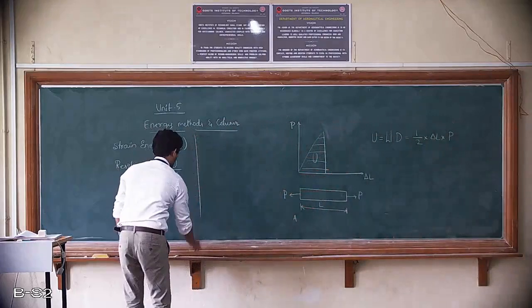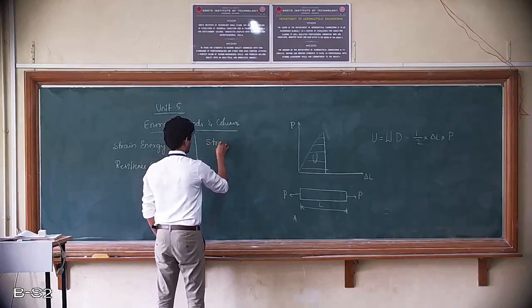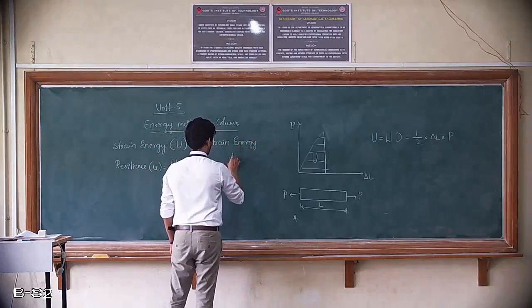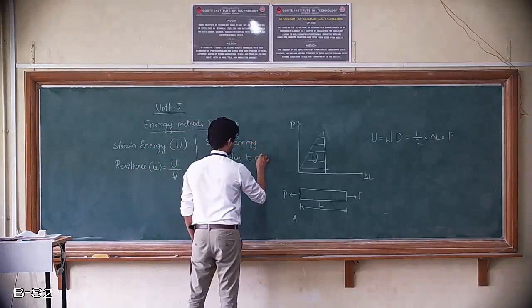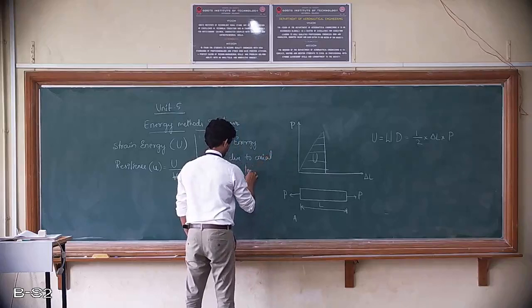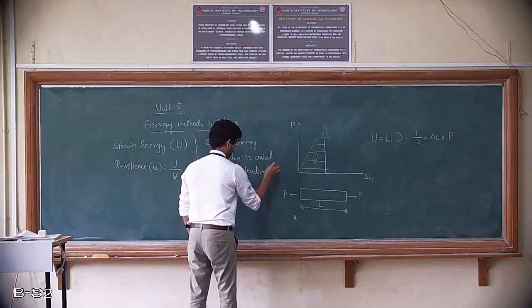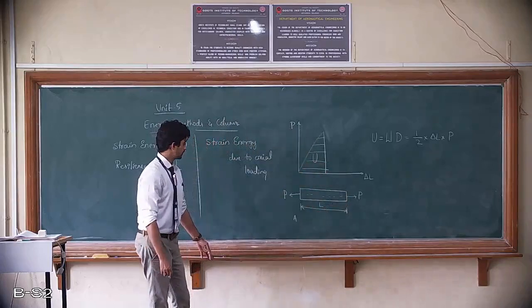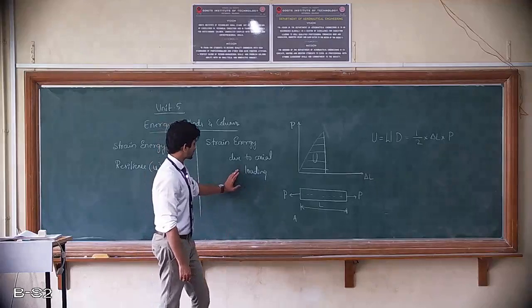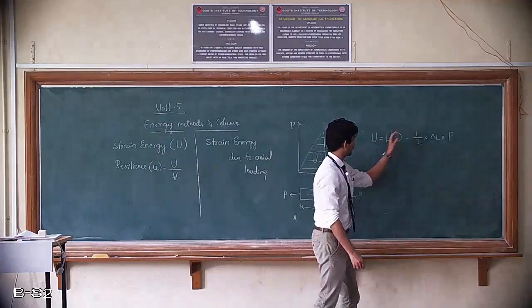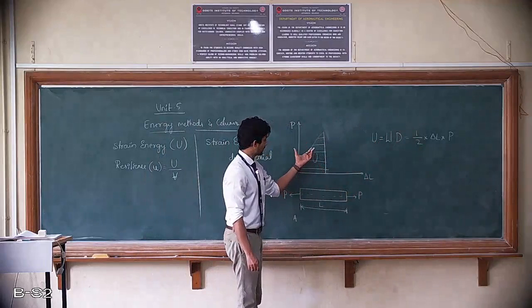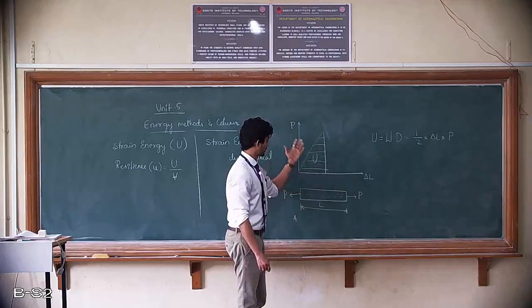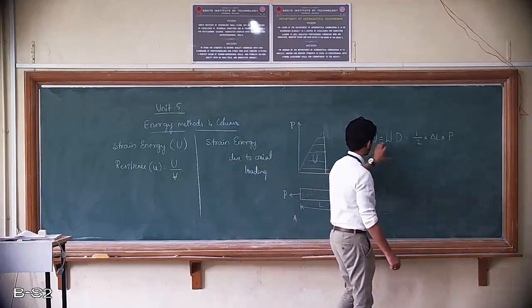So that is our next topic, strain energy due to axial loading. That is nothing but along the axis we are applying load. Now when we say strain energy, we have got an equation from the curve because we are defining the strain in terms of the change in length. So we got a curve or graph here, and the area under that curve will give us strain energy.